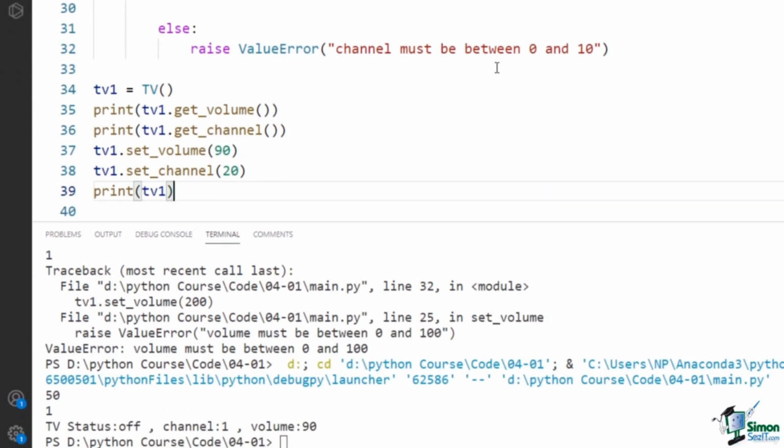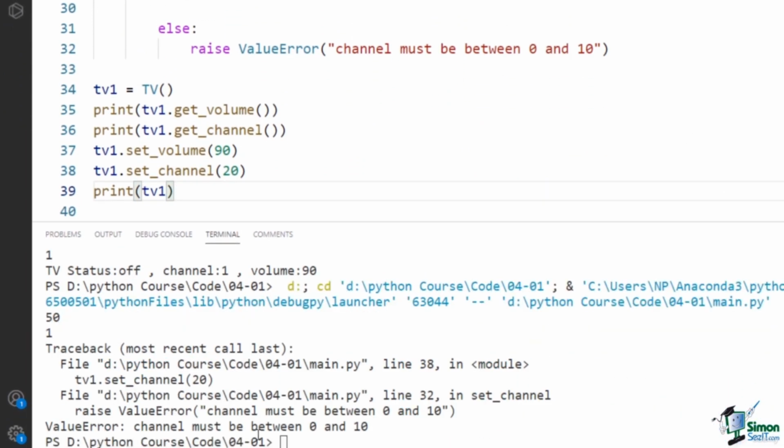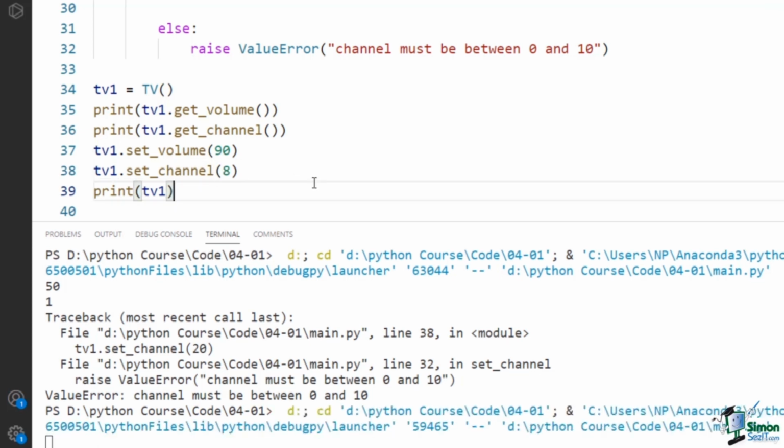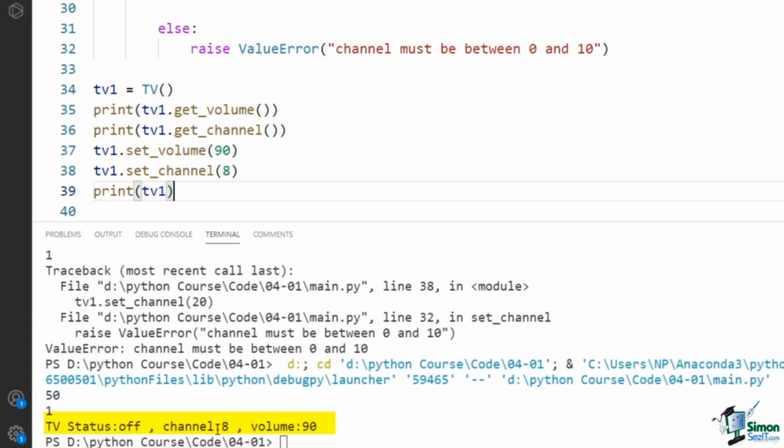And if I run the code, you can see it raises a value error that says channel must be between 0 and 10. And if I change the channel, for example, to 8 and run the code again, the value for channel has changed to 8. As you see, everything works well. Well done. In this video, you learned how to define the getter and setter method to provide a way to